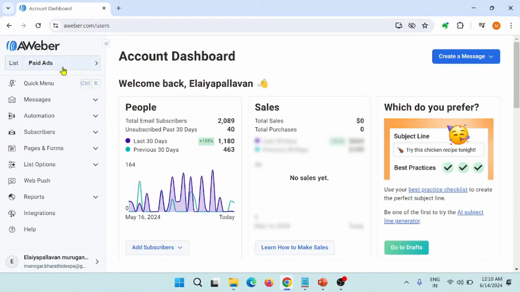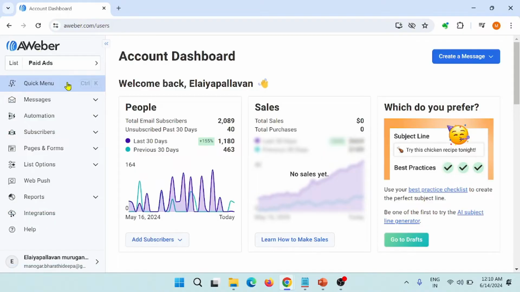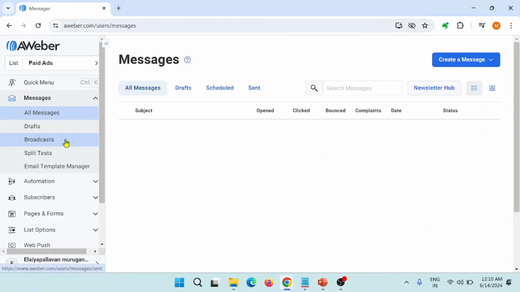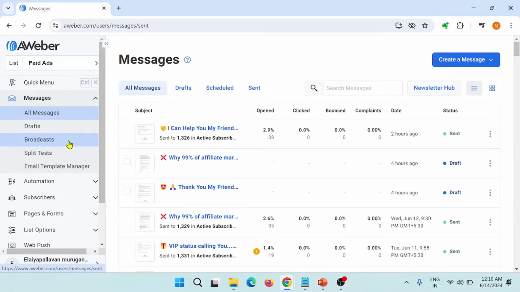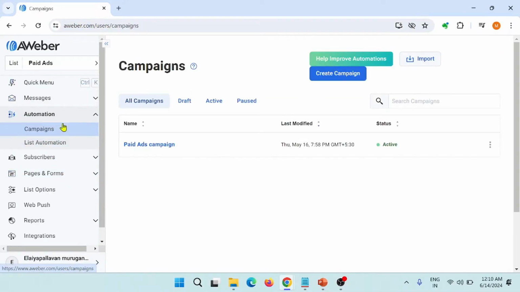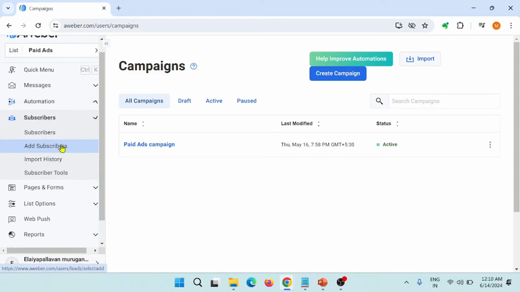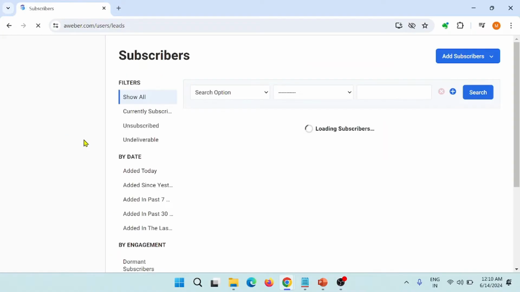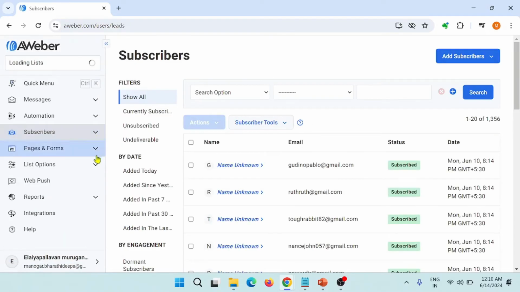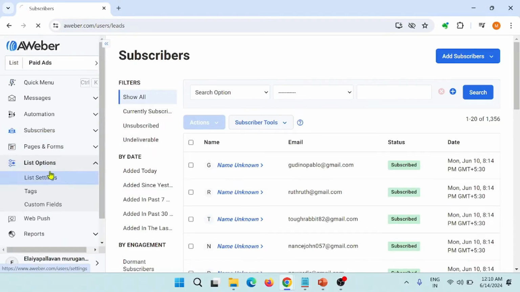Now, if you see the whole AWeber dashboard and AWeber software, if you know how to use the messages like the broadcast, how to schedule this broadcast, and if you know how to use the automations, how to use the campaigns especially, and the subscribers, how to import the subscribers, and how to use the subscriber tools and list options. After showing all these important functions, if you really get a grasp of it, you're almost 80% fluent with